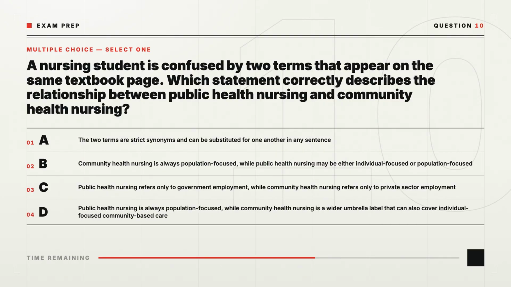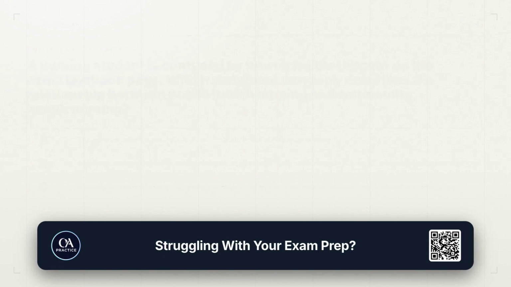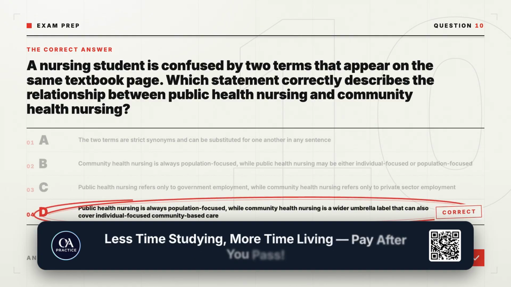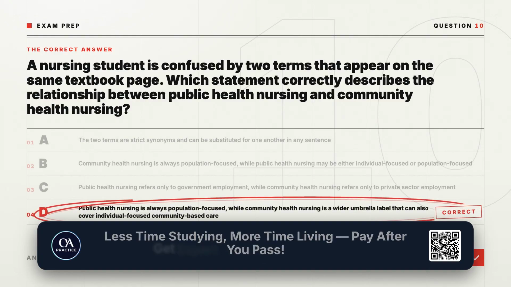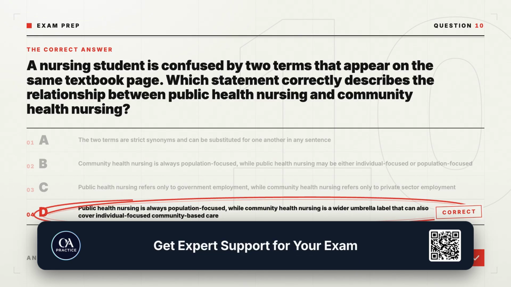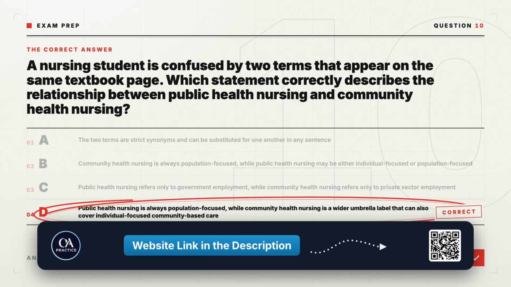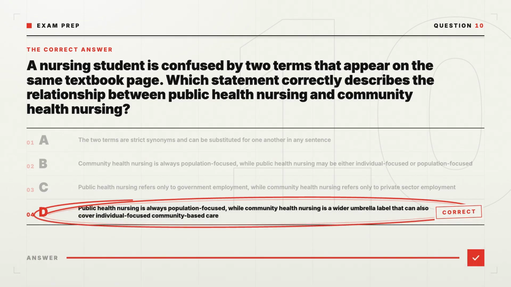D. Public health nursing is always population focused, while community health nursing is a wider umbrella label that can also cover individual focused community-based care. Take a second. Which answer would you pick? The correct answer is D. Public health nursing is always population focused, while community health nursing is a wider umbrella label that can also cover